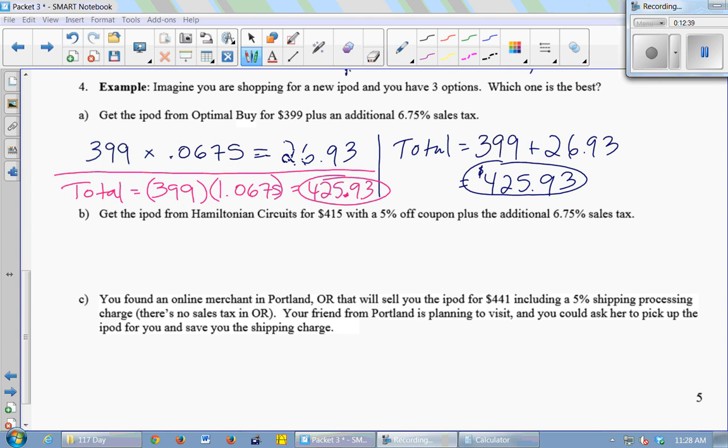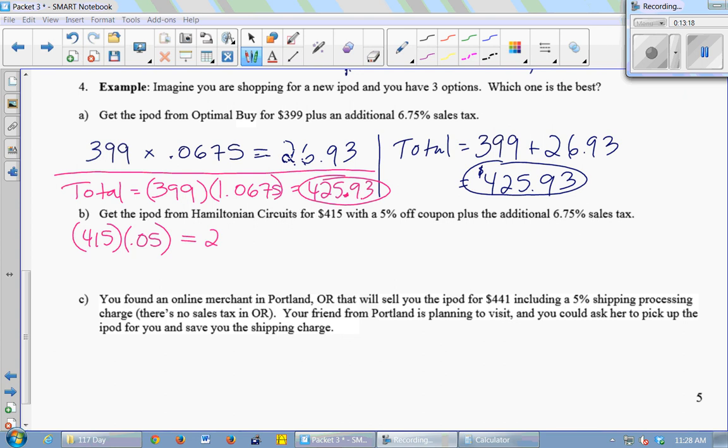Okay, let's go next door to Hamiltonian Circuits. The price is $415, but we have a 5% off coupon. So let's figure out what the price is if we take 5% off of 415. What do I do? 415 times 0.05, right? That will give me how much I get to deduct. I mean, this will give me the discount. So 5% of 415,